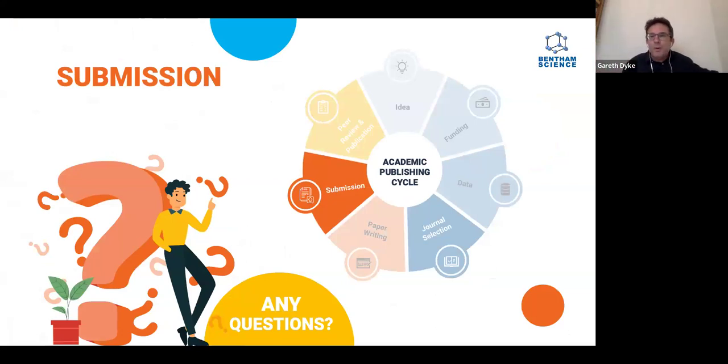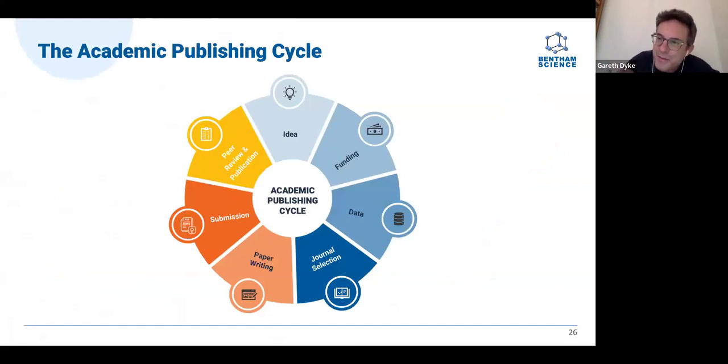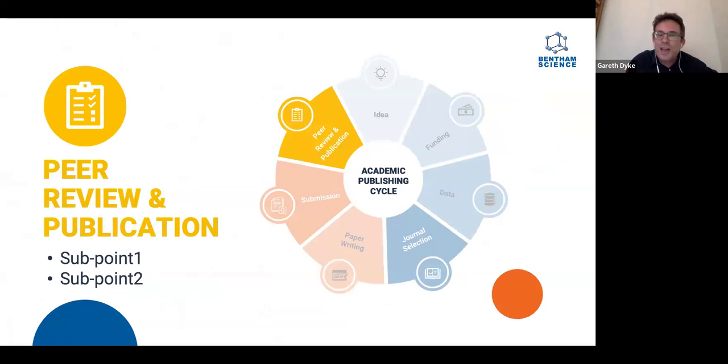So we've talked now about journal selection. We've talked now about submission. Let's talk a little bit now about peer review and that final publication stage in our event this evening. How are you going to manage that final stage, peer review and publication with your article as it goes into the journal system? You've picked the journal. You've made your submission with an effective cover letter, perhaps with some examination of preprint servers, perhaps with a pre-submission inquiry to line up a good journal at the start.